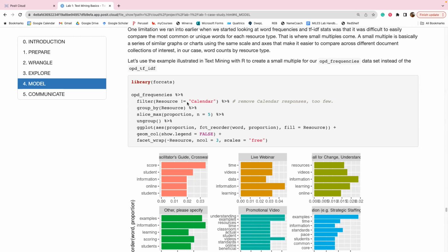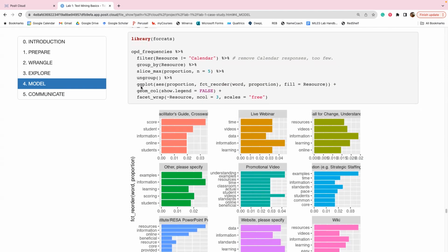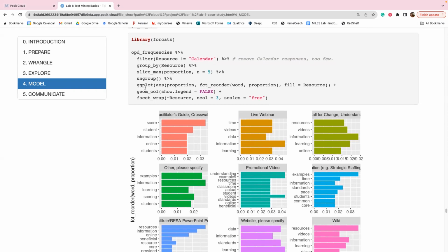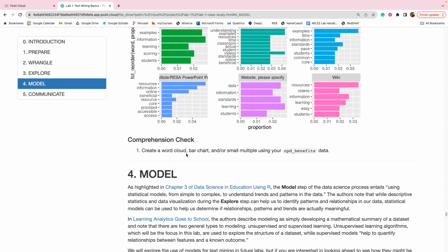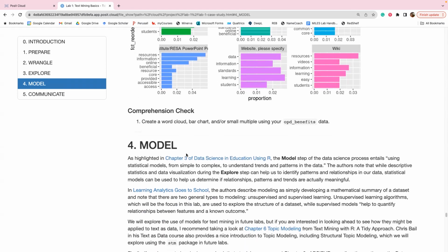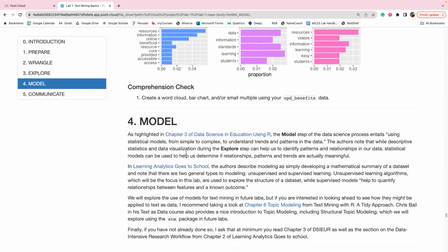Was there another question? Okay, yeah, the lab will teach us how to do the four different parts. So the lab walks through the different parts, with the code in the box and the outputs underneath. There are some comprehension checks that help you think about it on your own. And so the steps I would do are to walk through the lab and work out all the kinks, because there will be kinks. It's a huge learning curve when you're first using R. And then try to see if you can